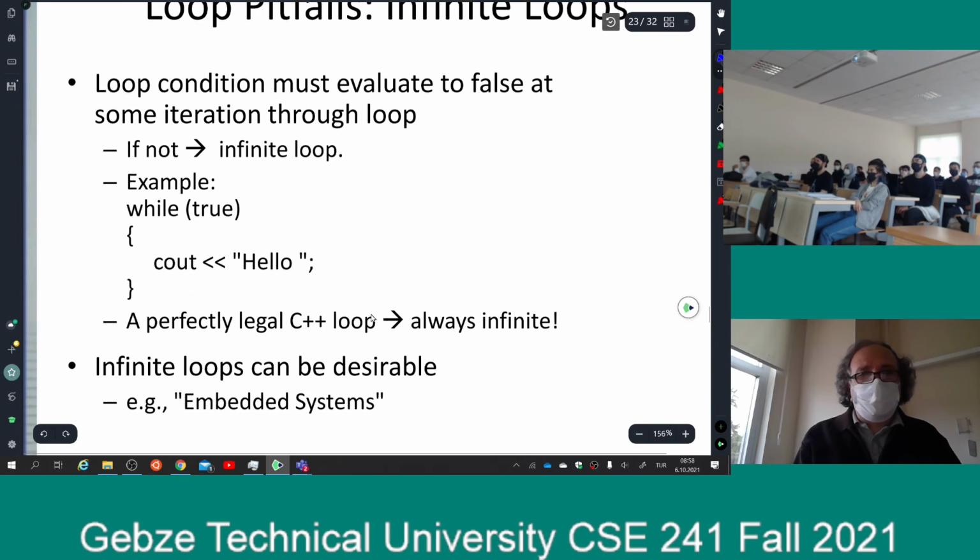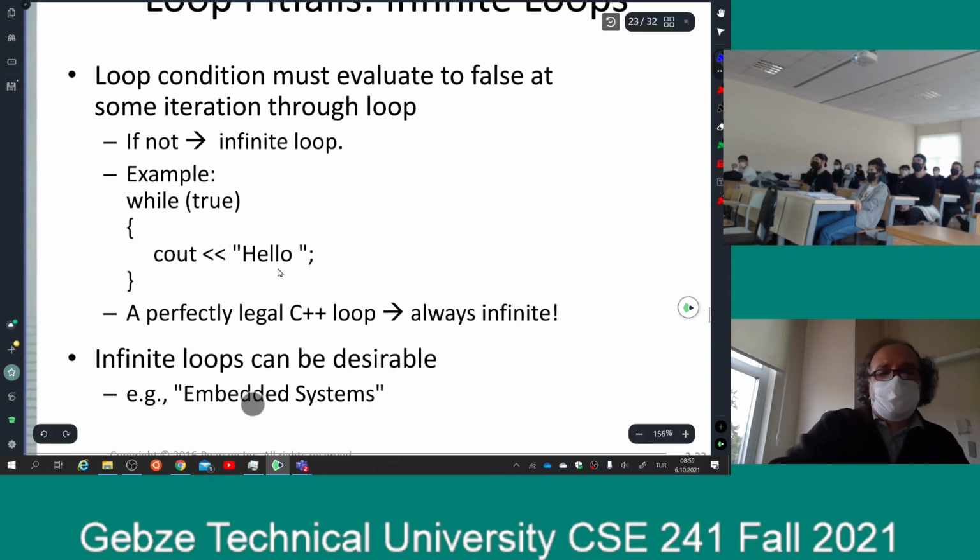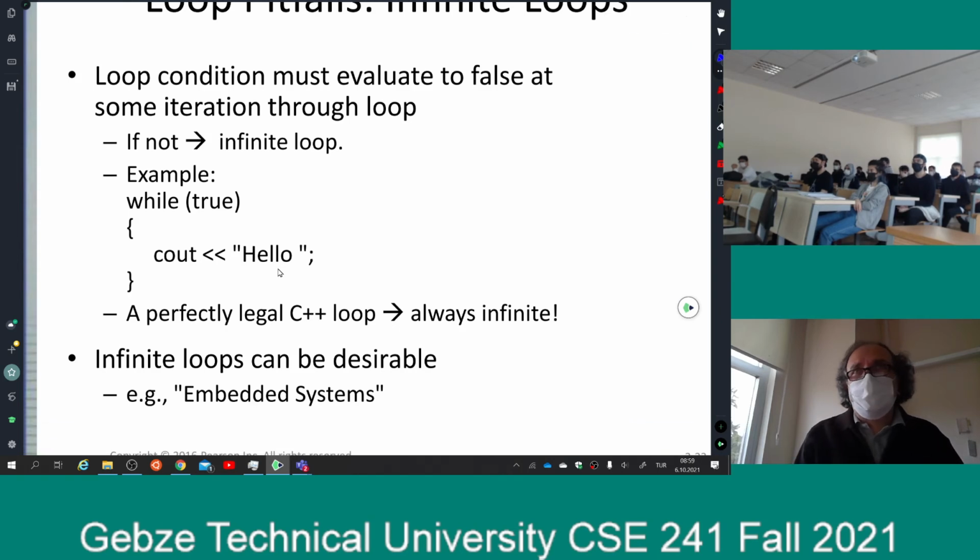Okay, sometimes you like infinite loops, like this one, while true. You want to print hello forever. You might say, what is the use for such a program? An infinite loop, there is no way to exit from this, but for some embedded systems, sometimes, or when you are doing systems programming, for example, this is a very nice